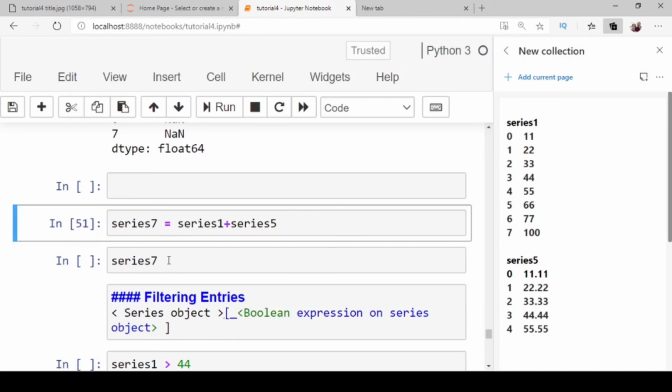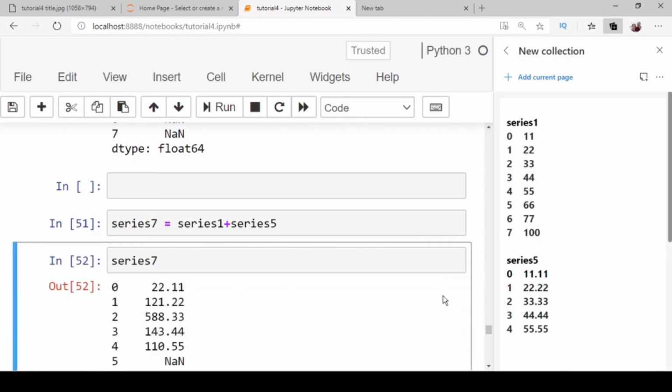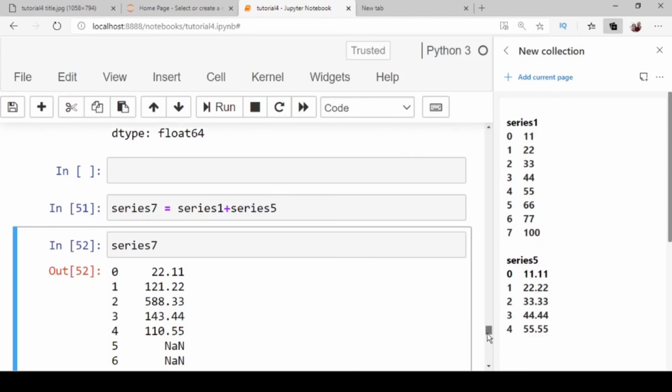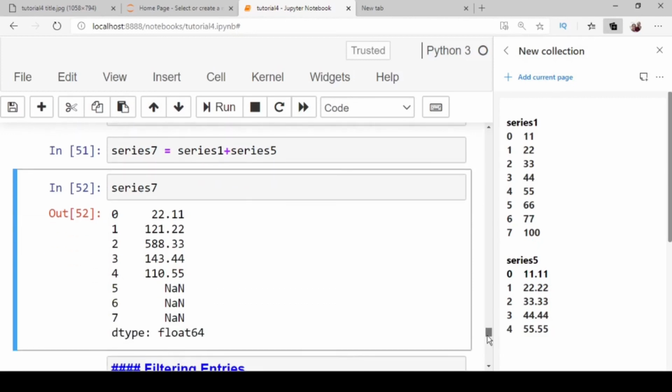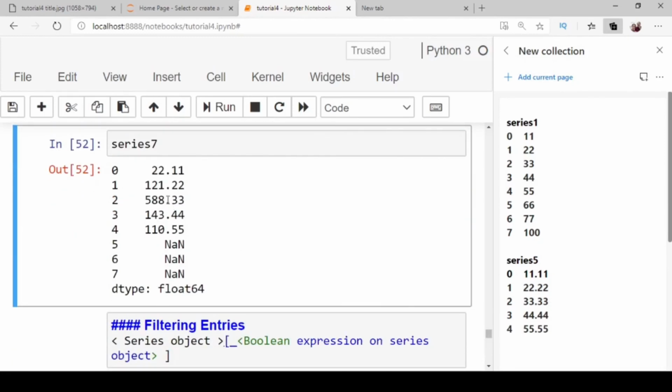Now you can see that this statement creates one new series object, series 7, and now we see the contents of series 7. So you can see the sum of series 1 and series 5. Series 7 has these values.